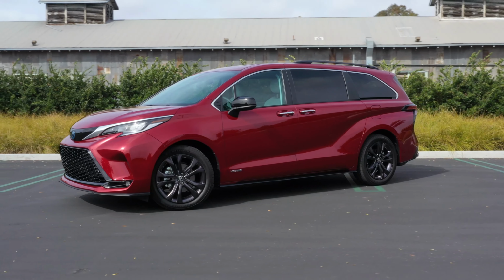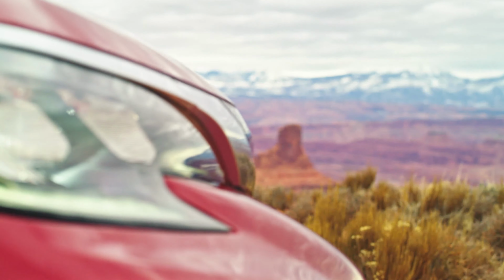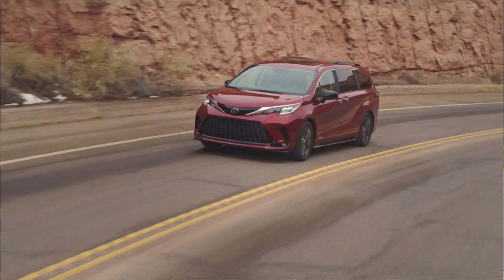We're wrapping up a week with the all-new 2021 Toyota Sienna. All the Siennas now have a 2.5-liter four-cylinder hybrid engine, which really falls in line with Toyota's philosophy. You have an optional all-wheel drive system, which is very important for a lot of people in colder climates. So let's turn this camera around, go for a little ride, and I'll give you my review of